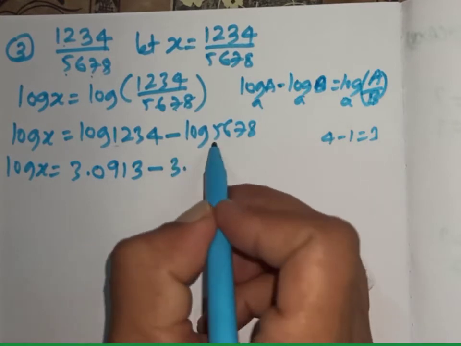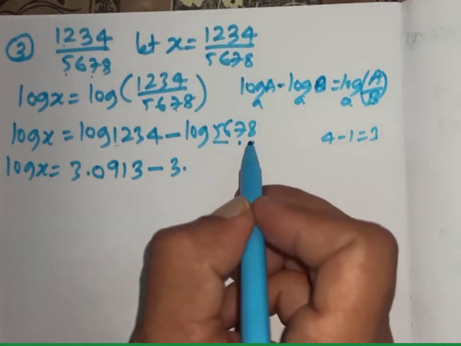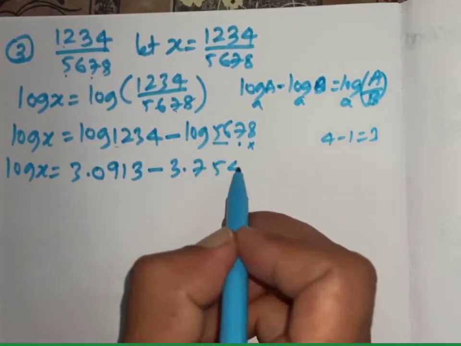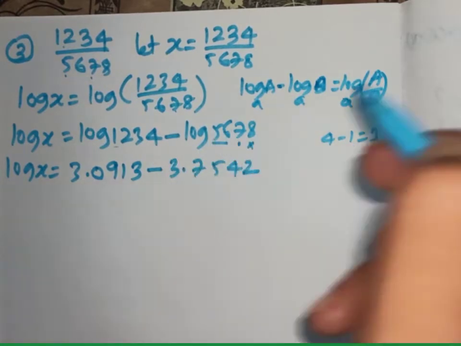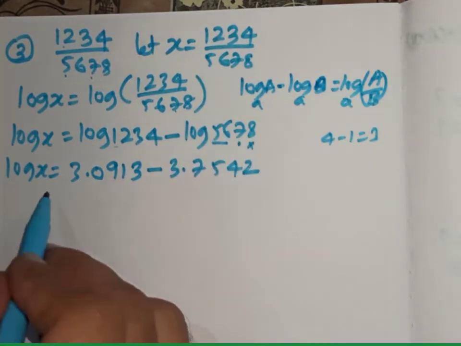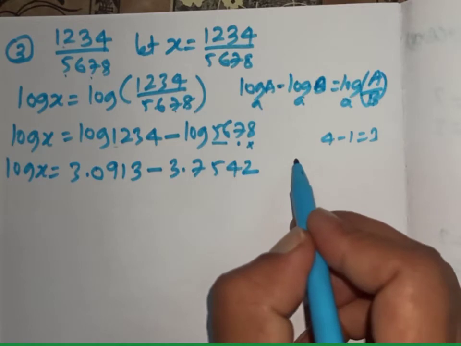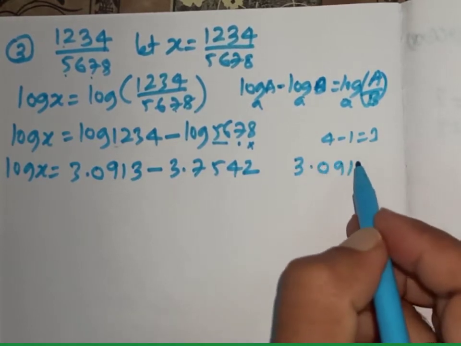So 3 point log of 56 under 7, mean difference 8. That comes to 7542 using the log table. Same thing we did in the first problems. Okay. Now we are going to subtract, simple subtraction. So this will become 6.0913 minus